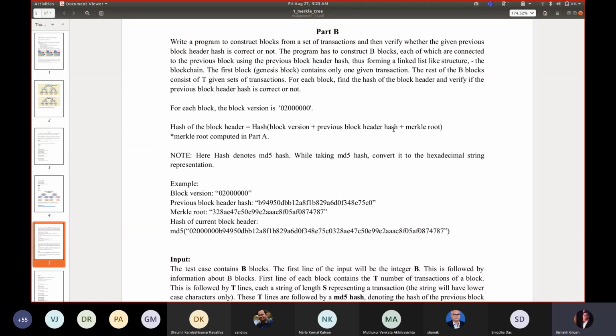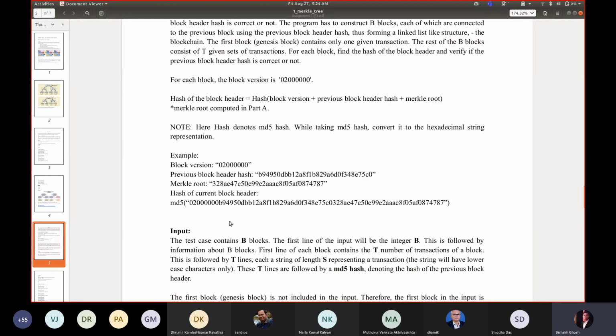The hash of the current block header is the MD5 hash of the string concatenated in this manner. An example is provided here.